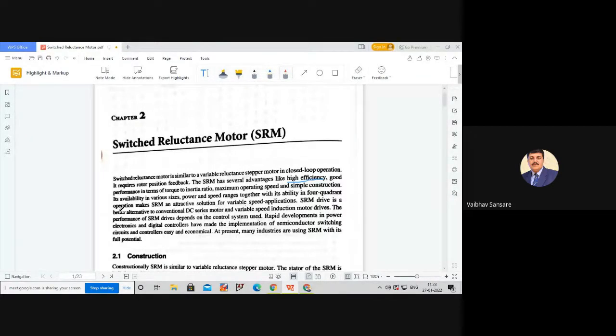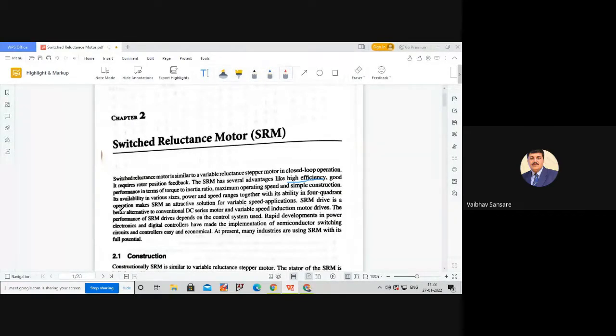an attractive solution for variable speed applications. In applications where we have to vary the speed of a motor, SRM will be the attractive option, or the attractive solution over the conventional motors which are used in actual drive systems. So SRM drive is the better alternative to the conventional DC series motor drive and variable